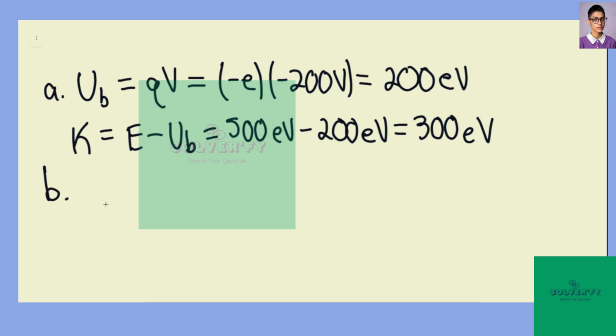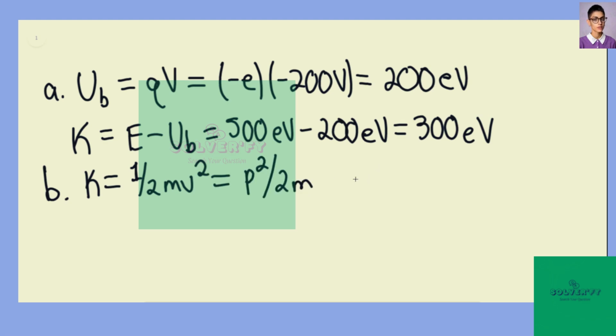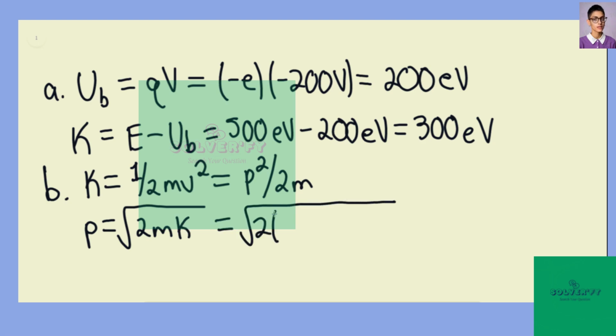We can say for part B, we're going to use a non-relativistic regime approximation. We can then say that K, the kinetic energy, would be equal to 1/2 mv squared. This would be equal to p squared over 2m. And we find the momentum of the electron to be equaling the square root of 2 times the mass times the kinetic energy K. This would be equal to the square root of 2 times the mass, 9.11 times 10 to the negative 31st